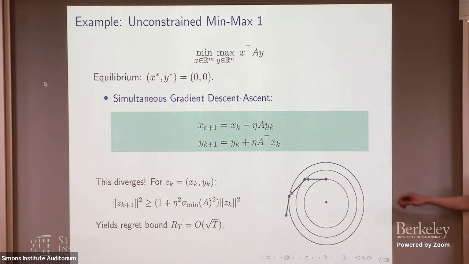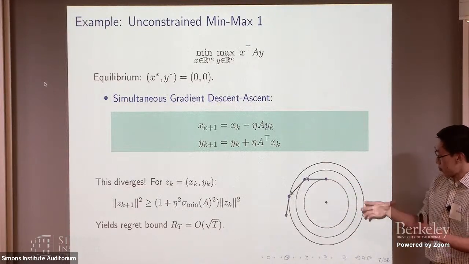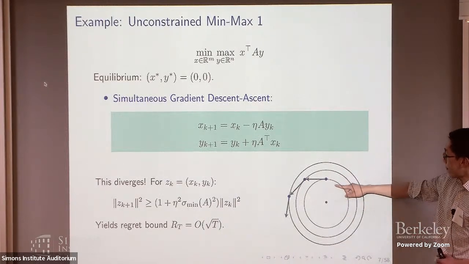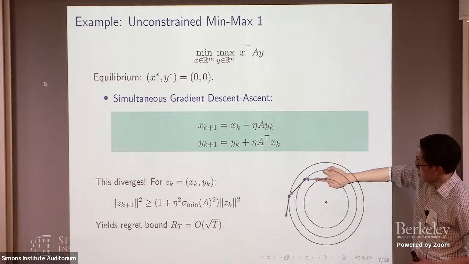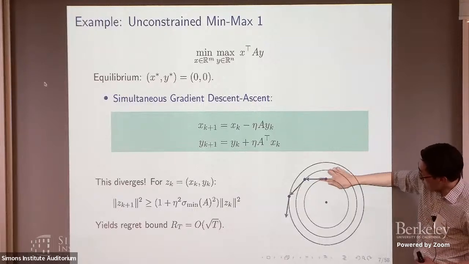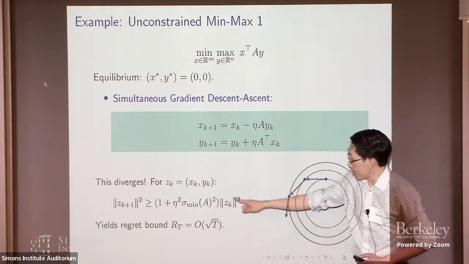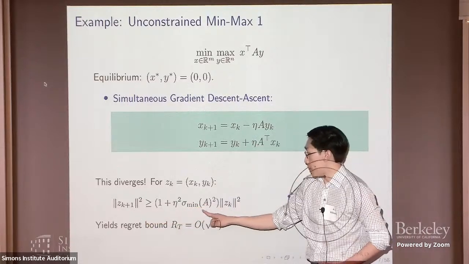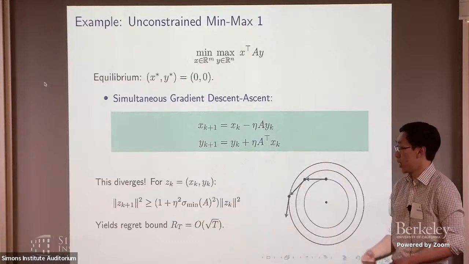And you can sort of see why if you look at these circles as the contour set of the quadratic function. This is in the xy space. What happens is that at every iteration, if you are here, this update will bring you to a new point that's orthogonal to the contour set where you are now. So you always go out and you always increase your objective function. And algebraically, you can check that in each iteration, if z is the vector (x, y), your radius always grows by at least a factor of 1 plus something, that scales with step size squared, but still bigger than 1.